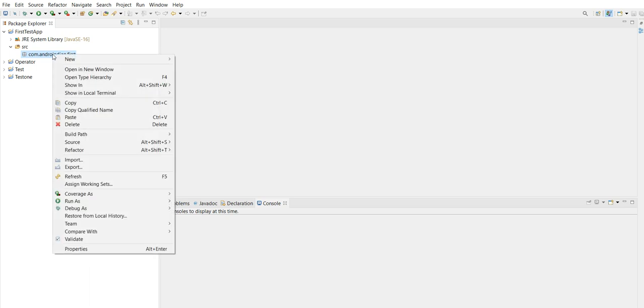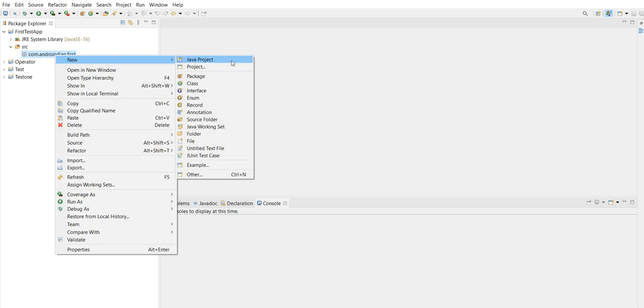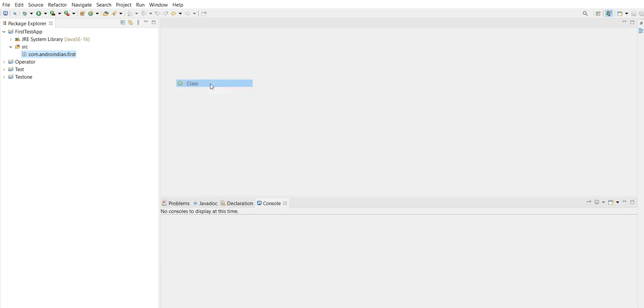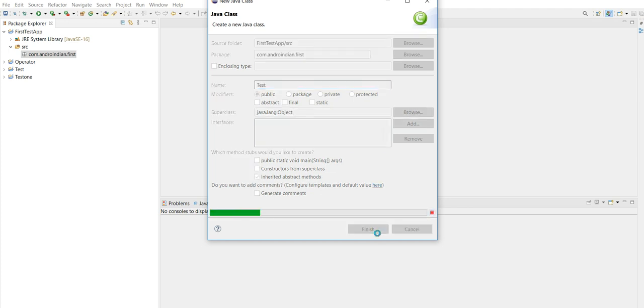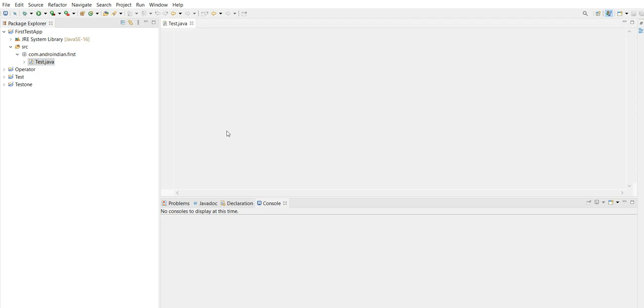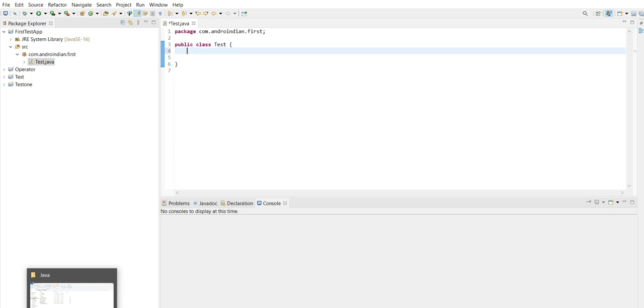After the package is created, within the package you can create one Java class. I'm creating this class as Test. See, the class has been created here. In this, now you can write your main method.